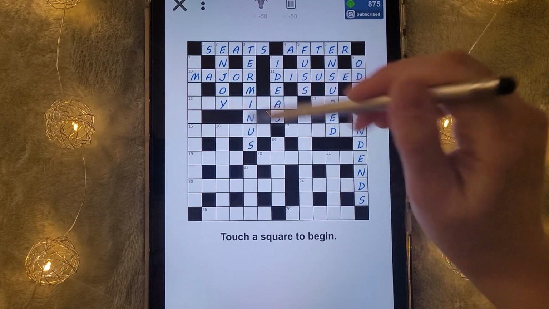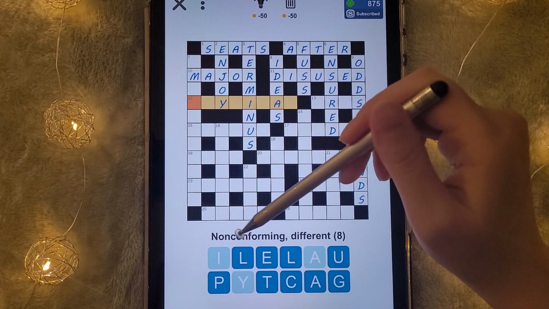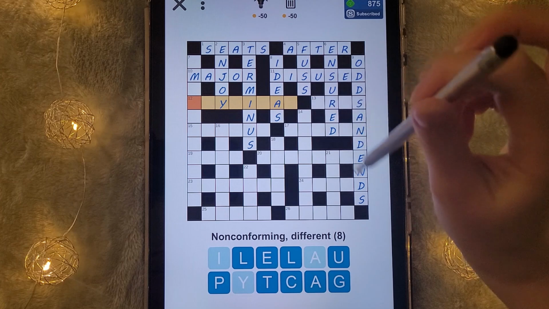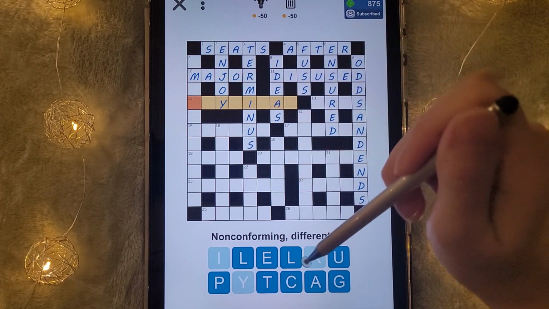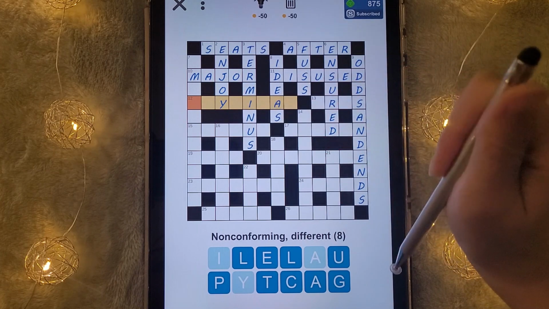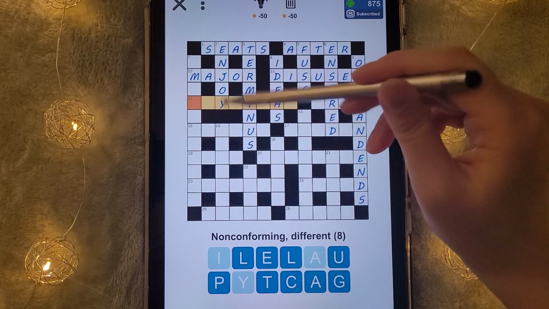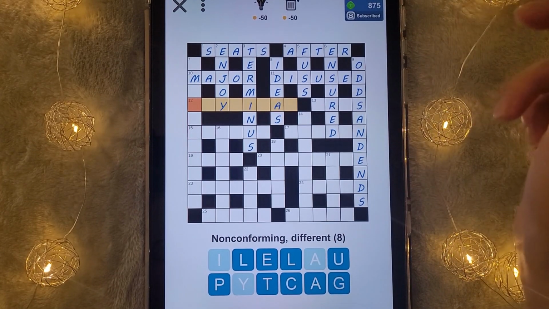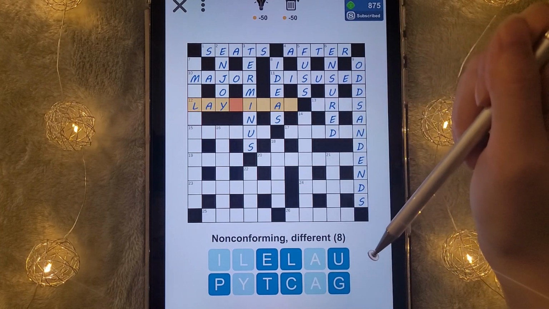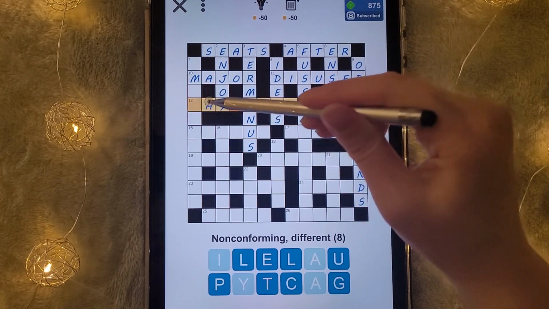Let's do 12 across. Non-conforming, different. Initially think like peculiar, but I feel like this Y is throwing me off. Would it be like an L-A-Y? I don't think I have that one quite yet either, so